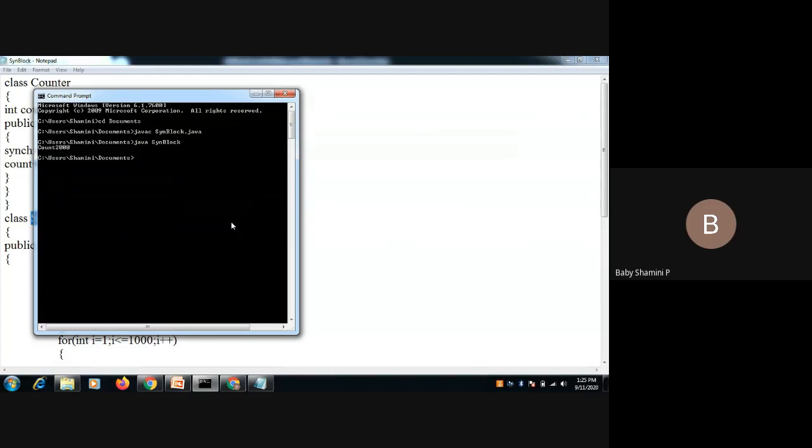Okay, our count value is 2000. Here there is no data inconsistency and no thread interference because here we are using the concept of synchronization. Okay, that is the next concept.